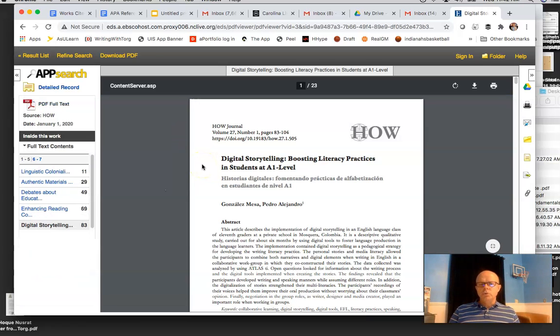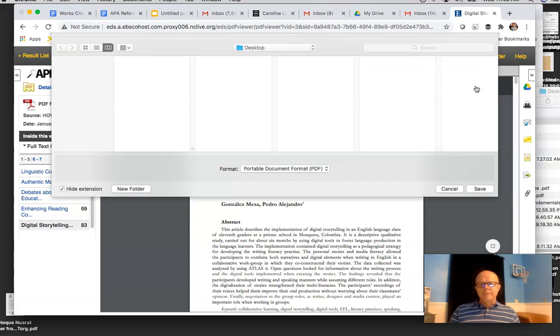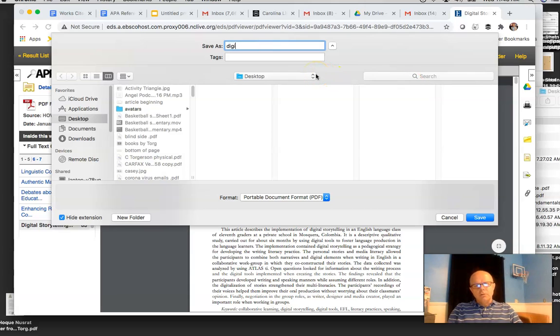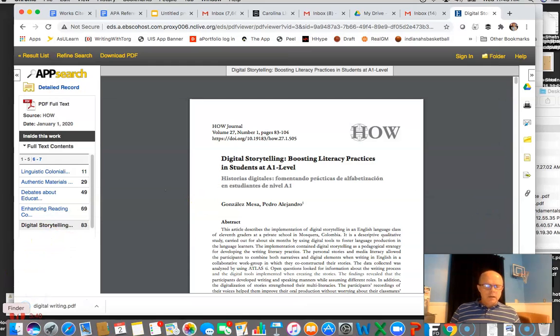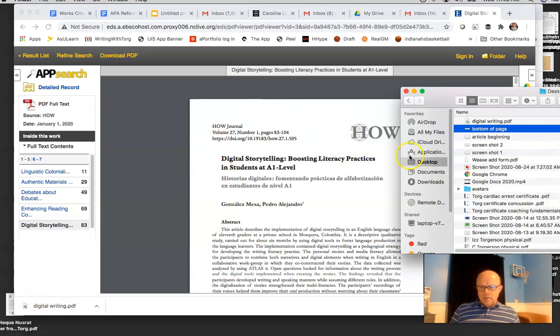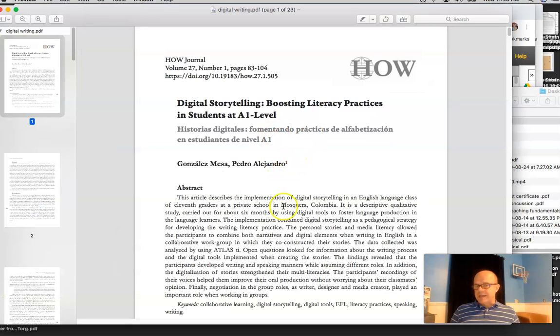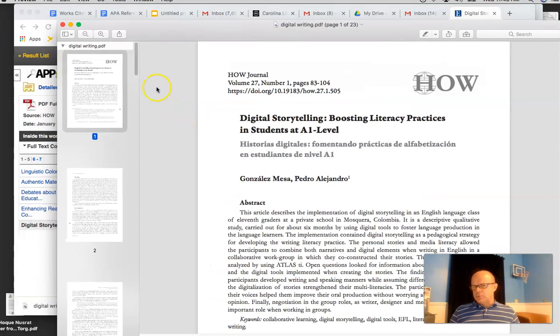and it's just like I'm holding that article, and I can download this article to my computer, and I can call it digital writing, whatever I want to call it. I'm putting this on the desktop. I save it. Let's check that out real quick. So I go desktop, digital writing, and here's the article. So I can print that out. I can write on that. I could use a digital annotator. If in 2 weeks the subscriptions that the library has to articles change, I've still got this article. I'll be able to access it easily as I continue to work on my various